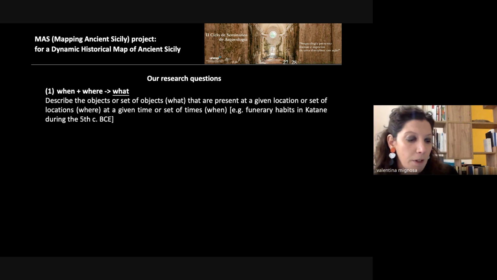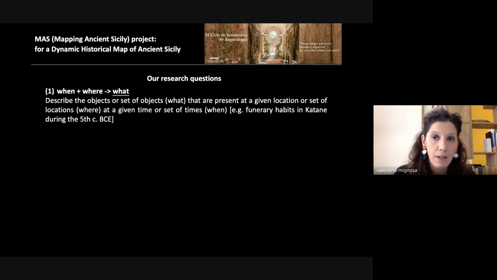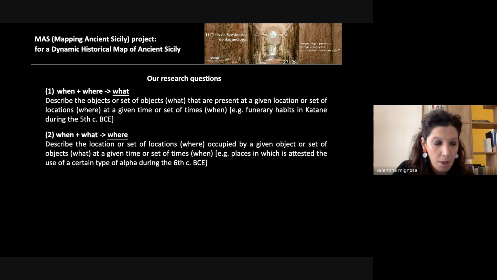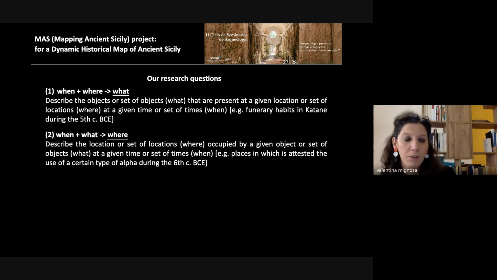So, for example, funerary customs in Catane during the 5th century BC, or describe the where, so basically the places or set of places affected by the presence of a given feature at a given time or period. So, for example, all the places where a certain object was common during the 5th century BCE,